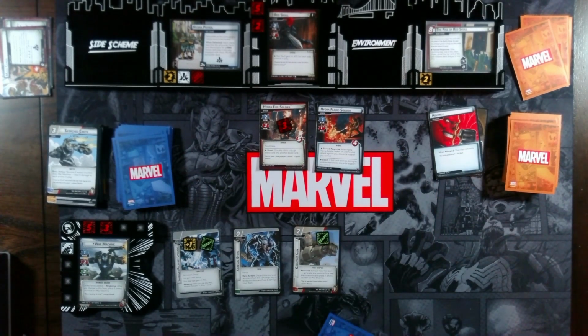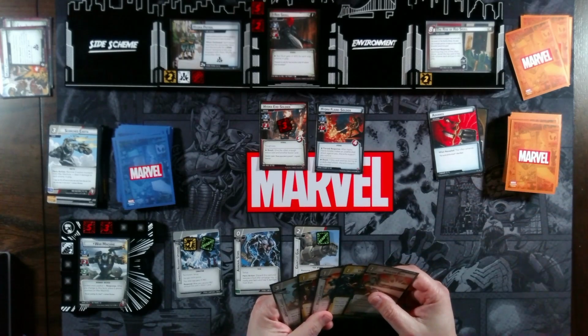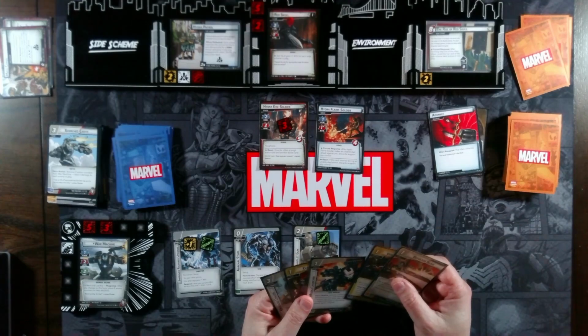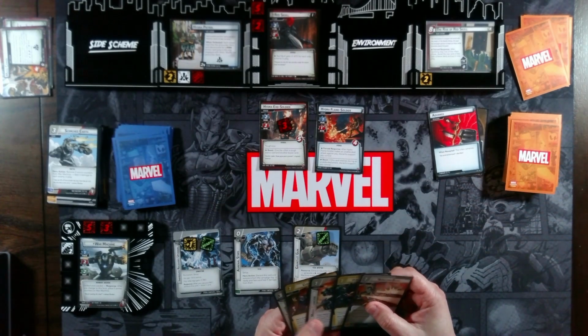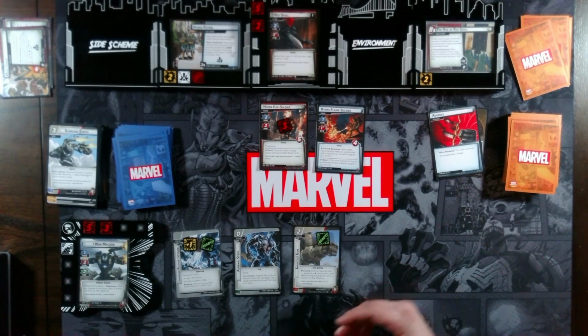And our encounter card is a Flame Soldier. Hydra Flame Soldier is a 1 scheme, 1 attack, 4 hit point minion with a forced response: after a Hydra Flame Soldier makes an undefended attack against you, discard a support you control. Well, at the moment, I don't have any supports, so that doesn't worry me too much. All right, I've got to get the side schemes under control here. So here's what we're going to do. I am going to...